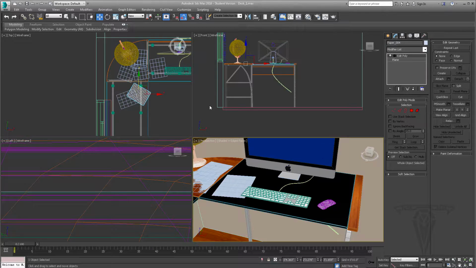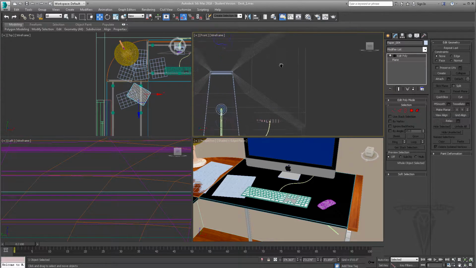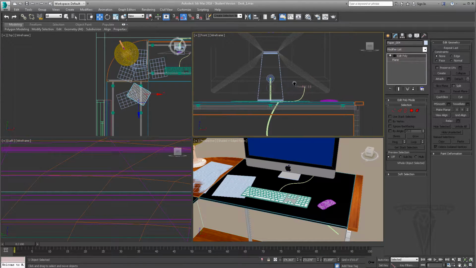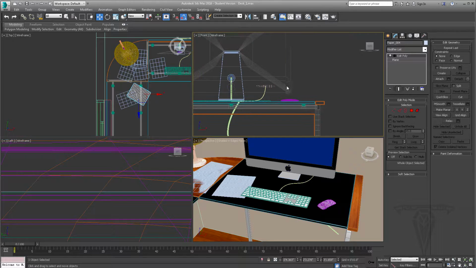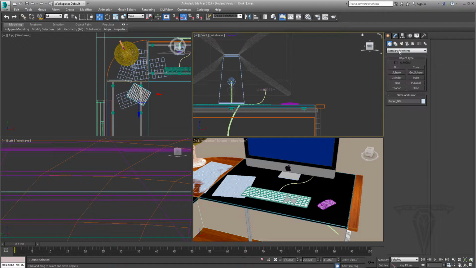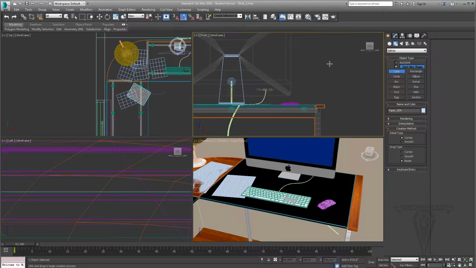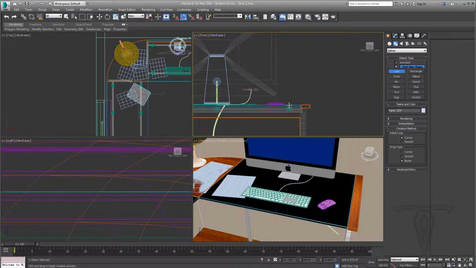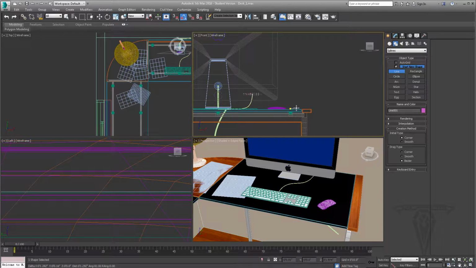Let's create a glass, a drinking glass. So I'm going to zoom in here and say, I'll create it on this side. Okay, I'm going to go to the create panel, and this time I'm going to use splines. I'm going to do something different that we haven't done before, and that's I'm going to use a line tool and create the outline of a glass, just the right side outline. So I'm going to start with the base. I'm going to click, and this is the center point to the glass. I'm going to click out from the center to, let's say, right about there, and then I'm going to create the base height,